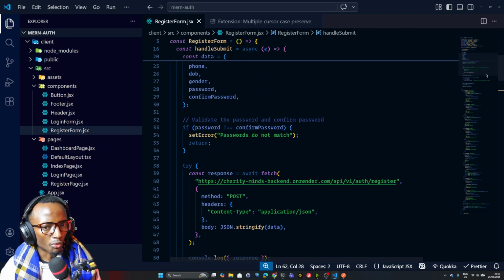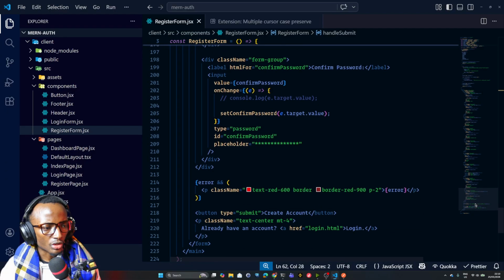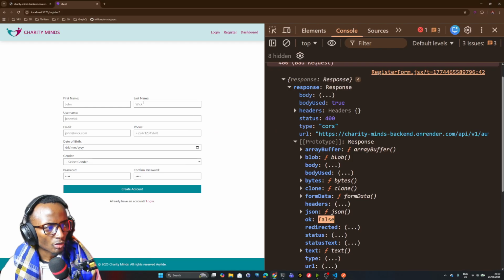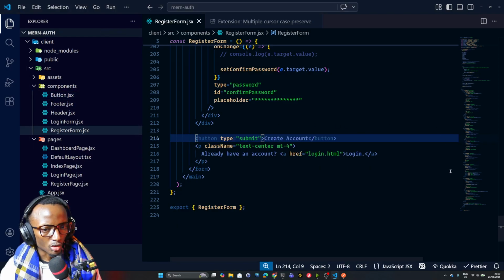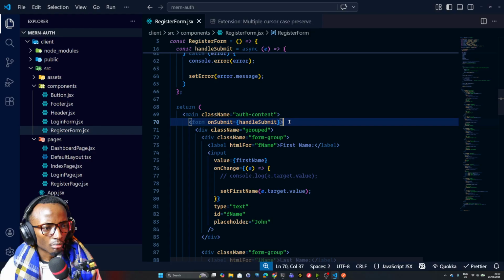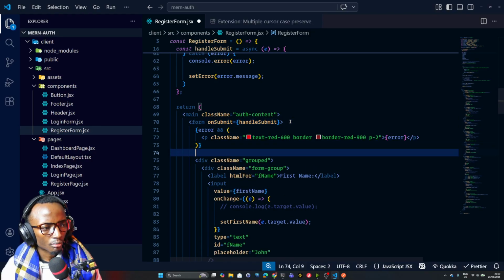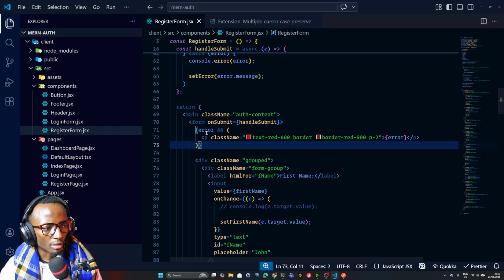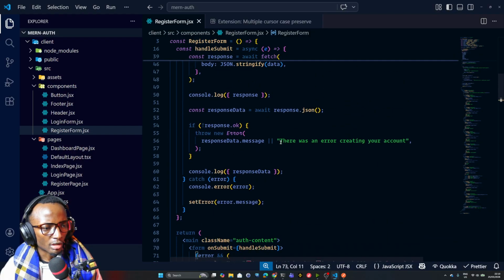That means we need to move where we are showing the error, because now this error has become a bit more general. So I'm going to move it from down here to, where do I move it to? Let's move it somewhere at the top of the form. So right here. So with that, whenever there's an error, no matter which error it is, whether it's the error from the backend or just a general error,